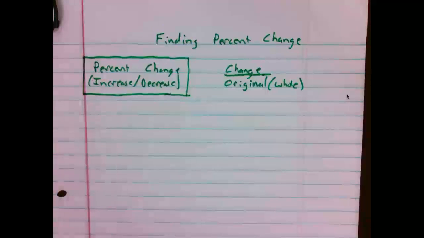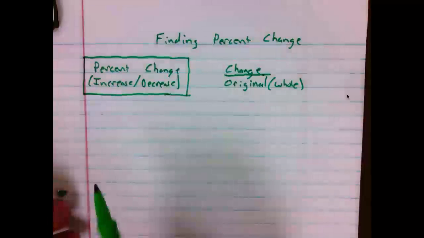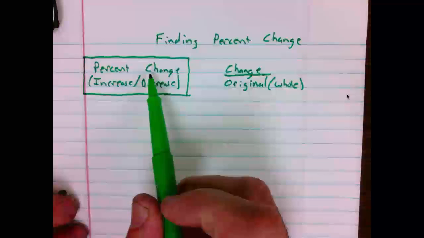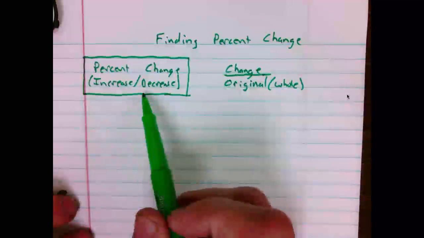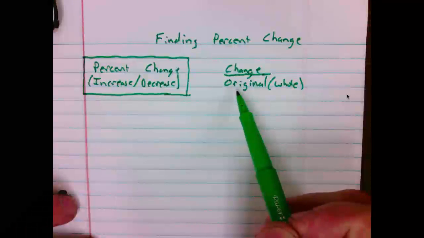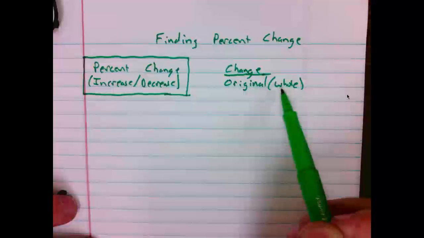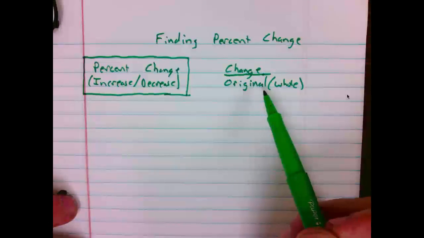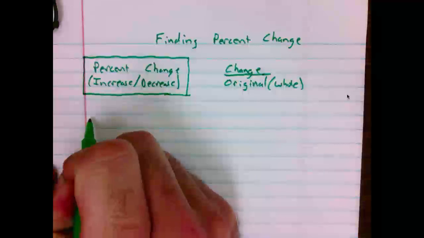Today we will be looking at finding percent change. Percent change, that is an increase or decrease, is defined as the change divided by the original. In this case, we will consider the original of the whole. It will go in the denominator. For example,